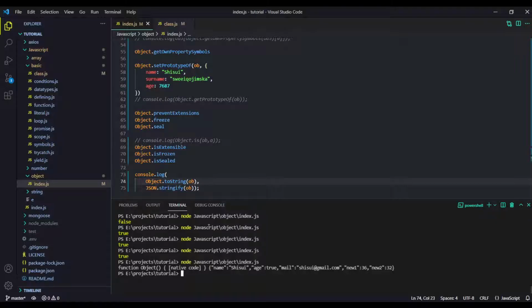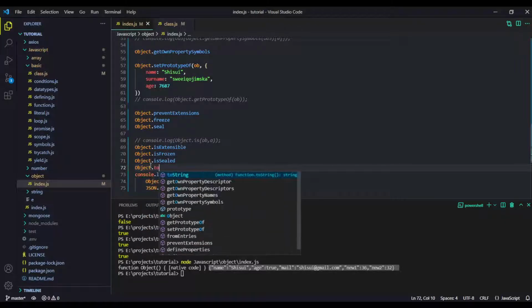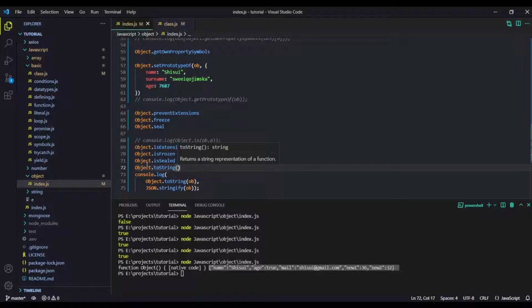And you can see the object.toString function gave us this thing, whereas the JSON.stringify function literally gave us the string representation of our object. So that's how it works. And this object.toString function is kind of like, well, it is just object dot to string. It will convert this object class to a string. So sending any parameter is useless here.